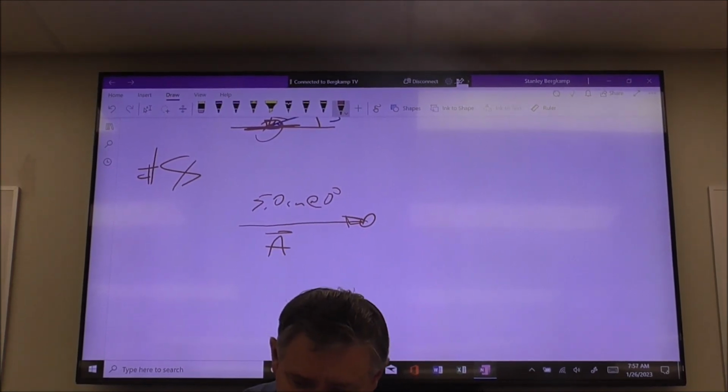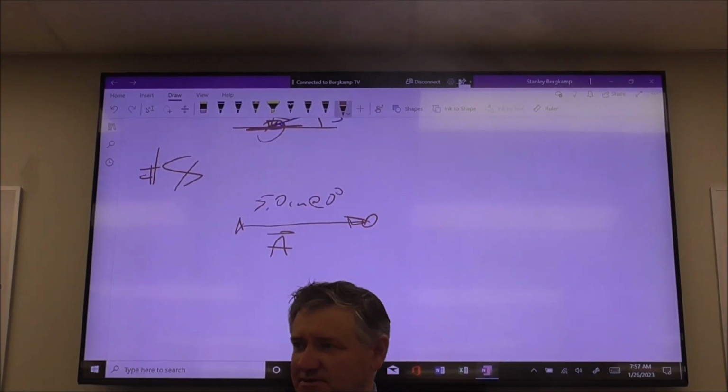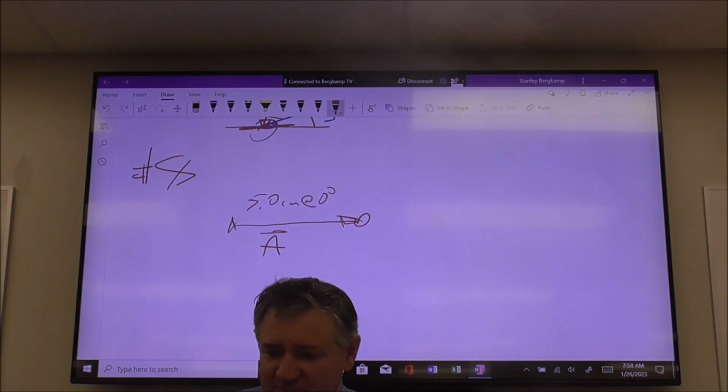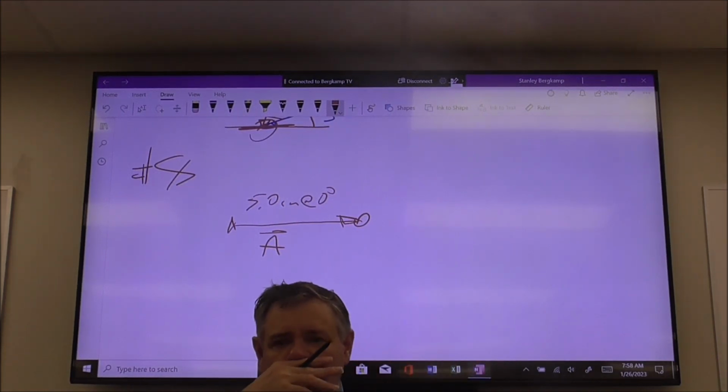I would say, Bailey, you're going to start here, and you're going to walk 5 centimeters at 0 degrees. She goes, "Got it, Mr. Brookhamp. I'm on it." Boom. There. Stop. There. Got it. Okay? Now,